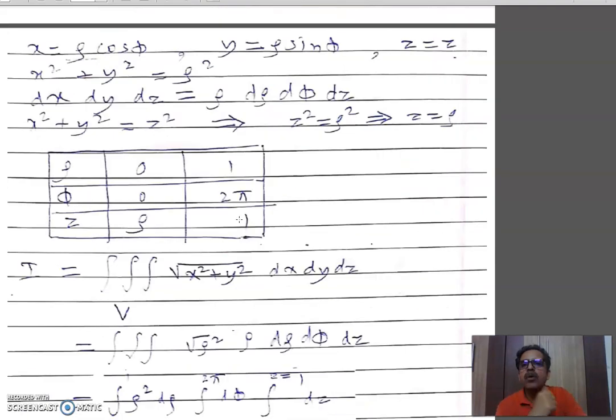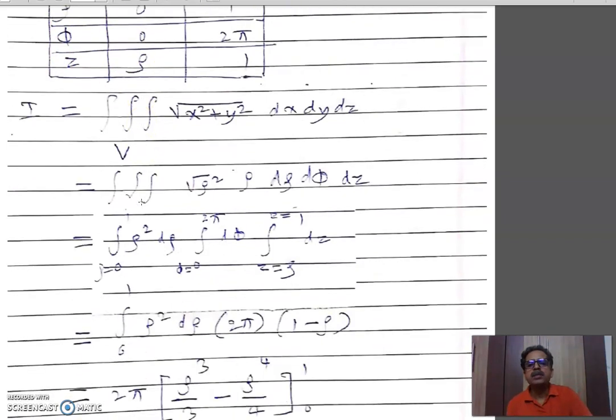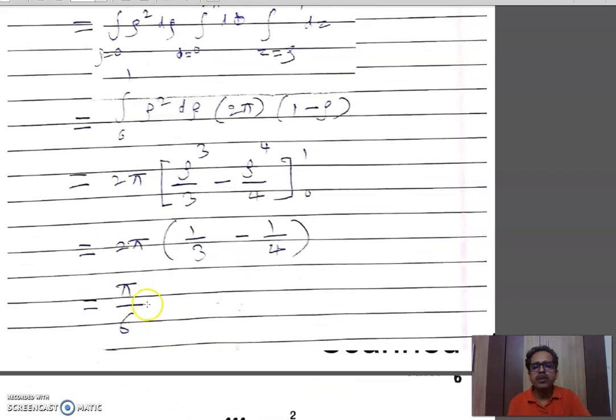So we have to use cylindrical coordinates, that is we need to put x is rho cos phi, y is rho sin phi, z is z, and the standard equation x square plus y square is rho square, dx dy dz became this. But in the present problem, x square plus y square equal to z square, so z square became rho square, so z equal to rho. The standard limits became rho from 0 to 1, phi 0 to 2 pi, and z from rho to 1. And this triple integral is now converted in rho phi z, and can be written as a product of three integrals, and when you evaluate you can get the answer of the problem.